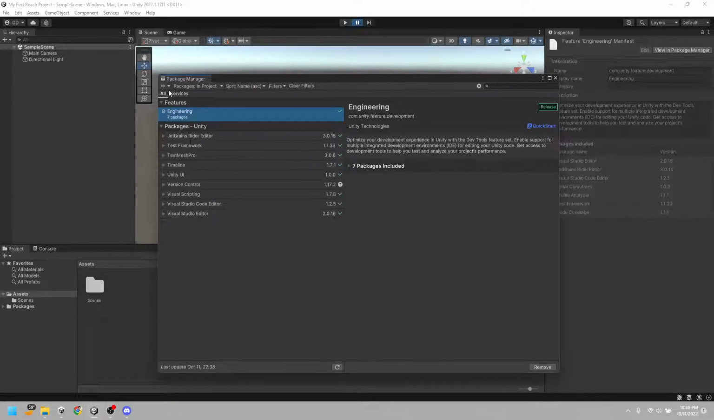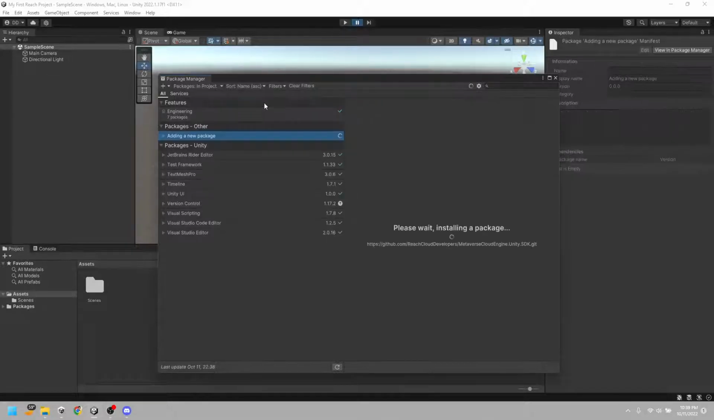To add the Reach Cloud Metaverse Engine, go to Add Package from GitHub URL. The link is in the description. Go ahead and copy and paste that link and hit Add. Unity will install the package,